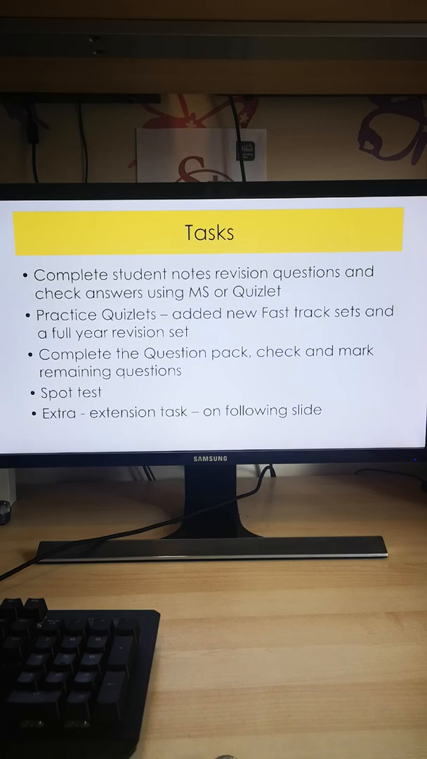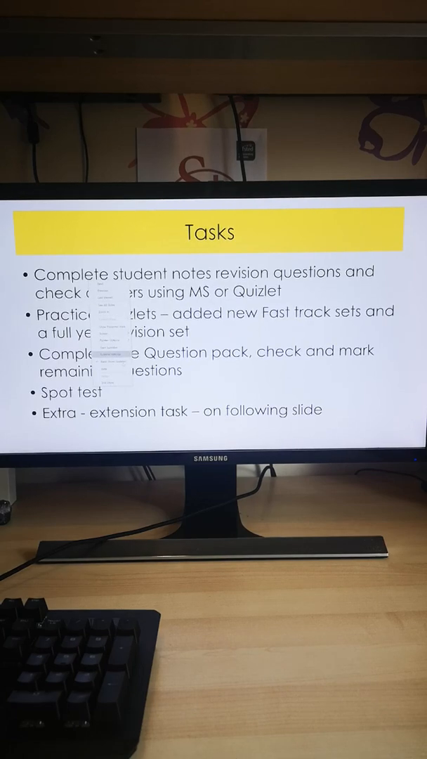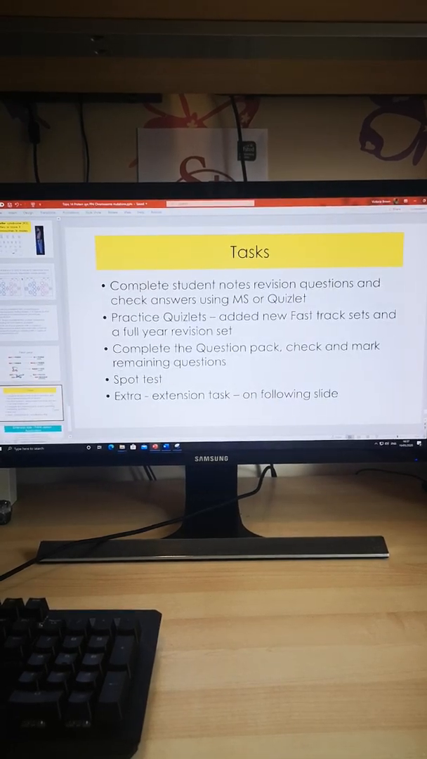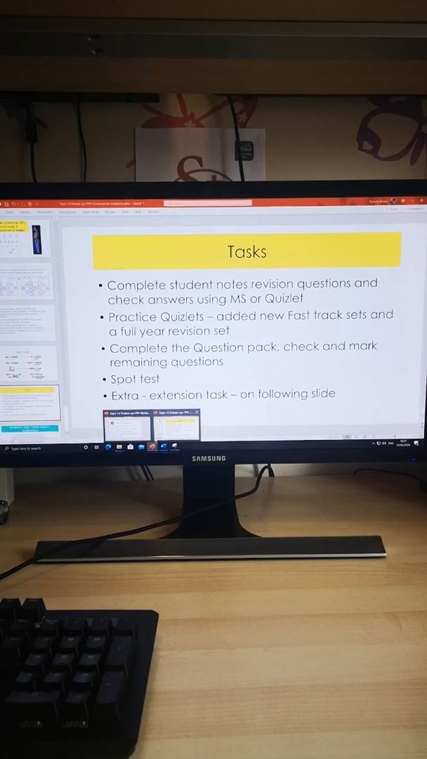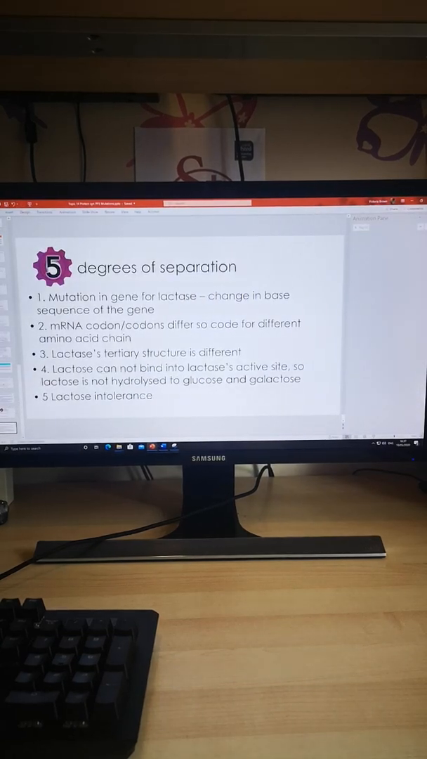Complete the question pack, check it, mark those remaining questions. There's a spot test left to do, and remember in the first PowerPoint there was an extension task which you can complete, and there is one in this PowerPoint as well, so I'll just remind you of the extension in